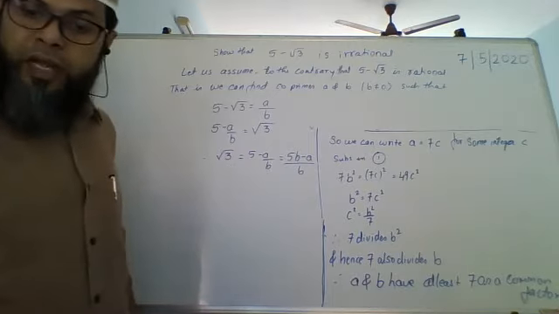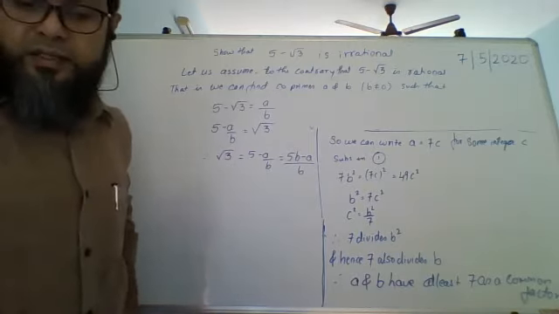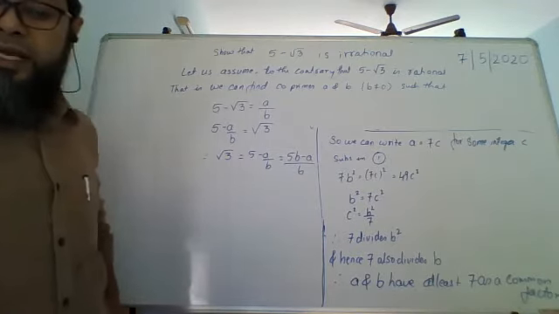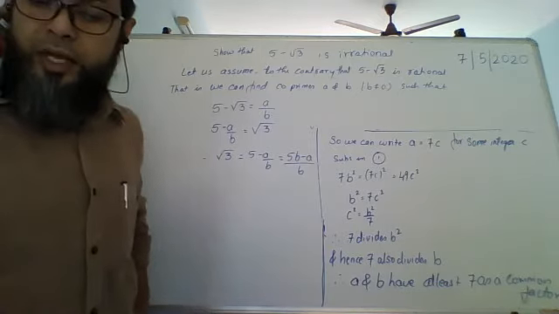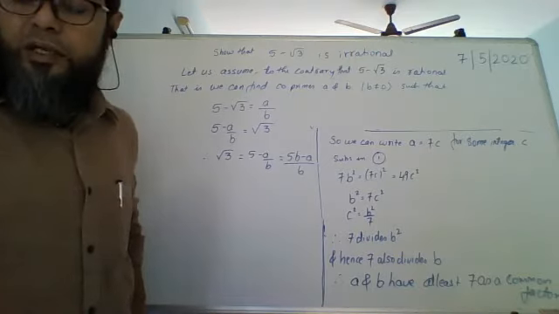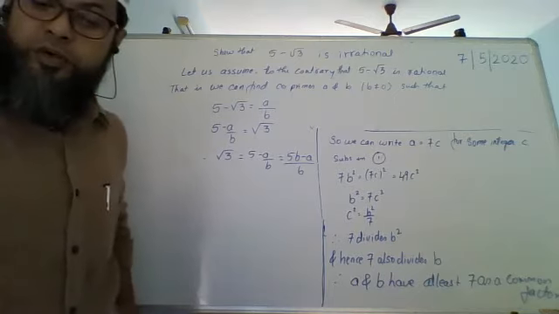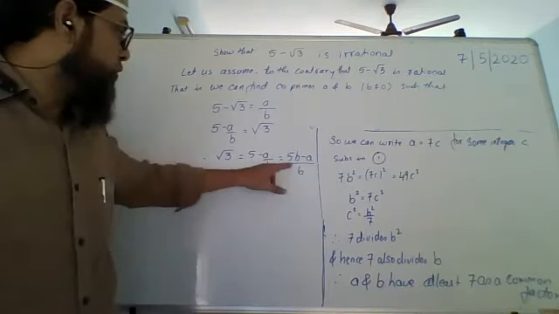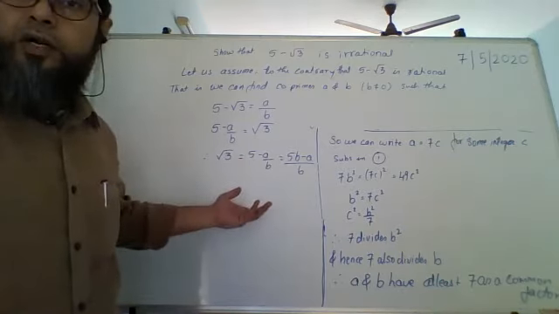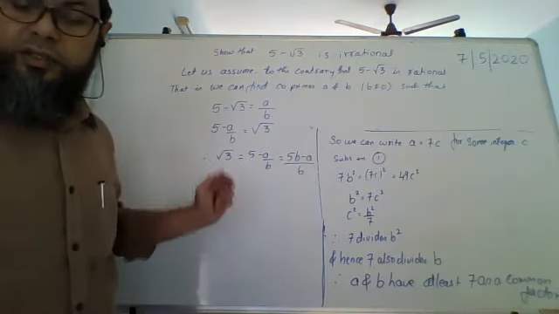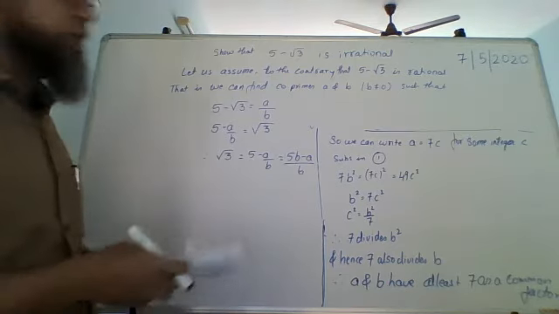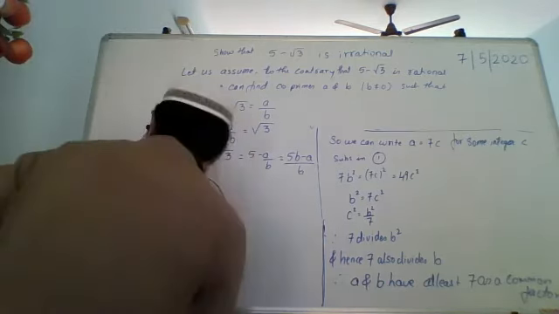Now A and B are integers. So 5 minus A upon B, or 5B minus A upon B, is also going to be rational, because subtraction and division of rational numbers gives another rational number. So if the right hand side is rational, that means root 3 equals a rational number. But we already know that root 3 is irrational. So that is how we are going to write it. After that, you just have to give the reasoning. That's all.